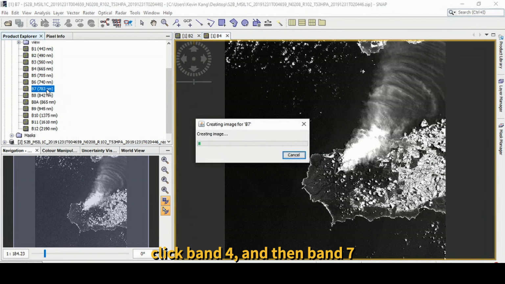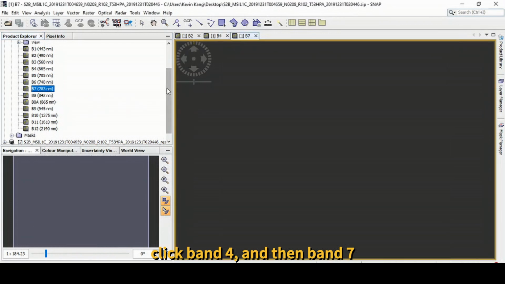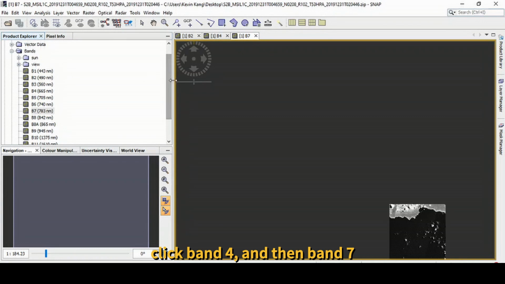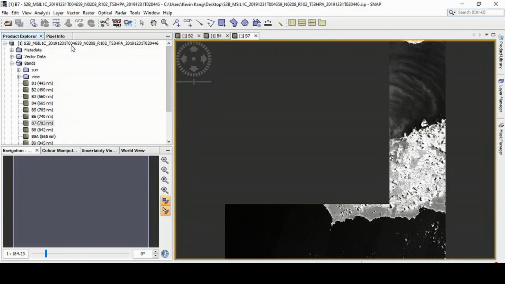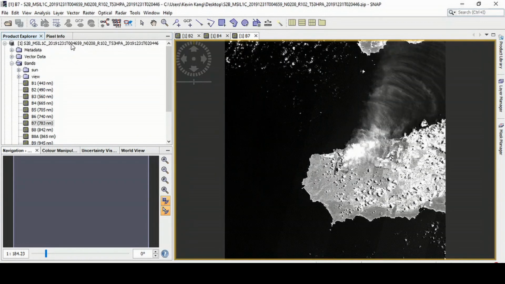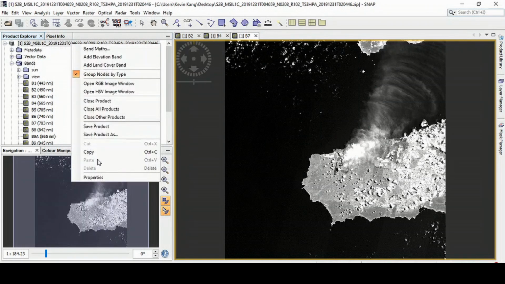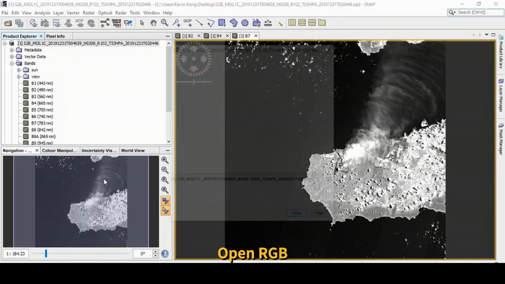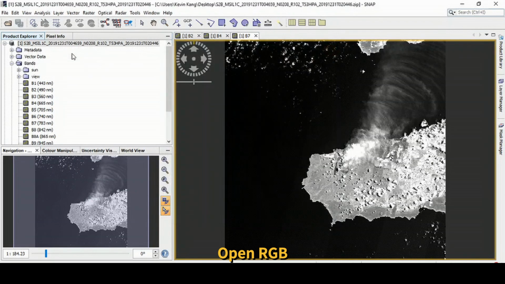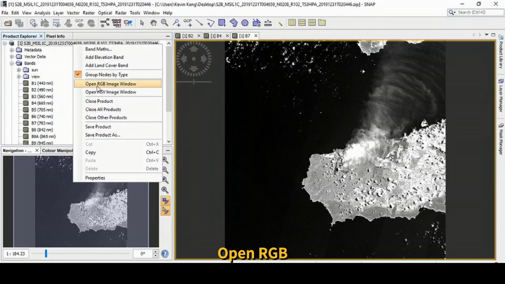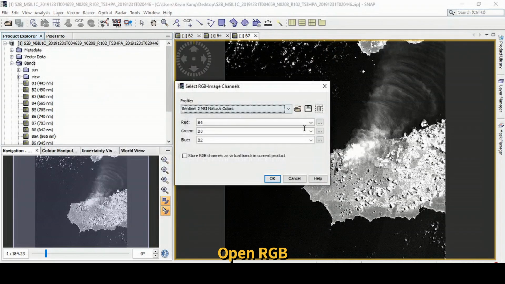And band 7. And just click the name of the file, right click, open RGB.